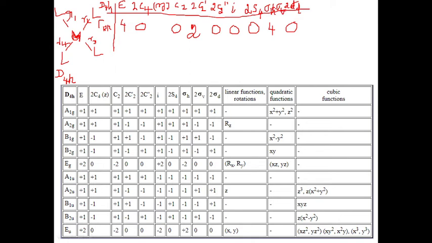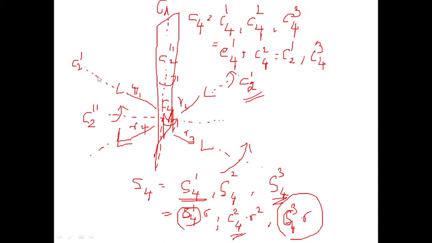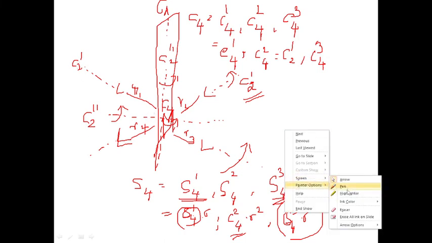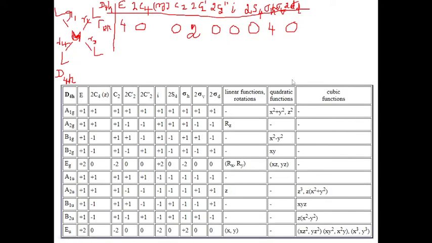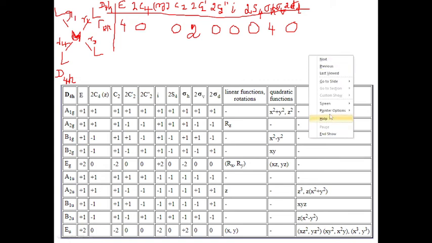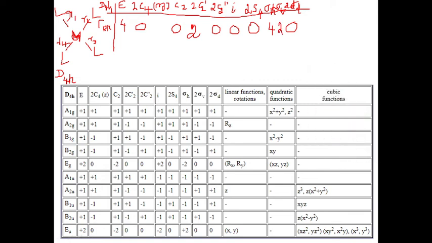So when you are doing sigma v, what is sigma v? Sigma v is the plane which is going in this one. See, this is the sigma v plane. So in this plane what is there? 2 bonds are there. So 2 bonds will remain unaltered. So what will I get? Here 2. So now I have done the number of unshifted atoms.